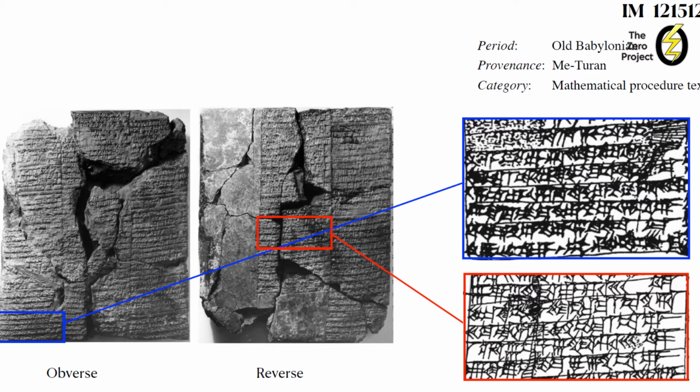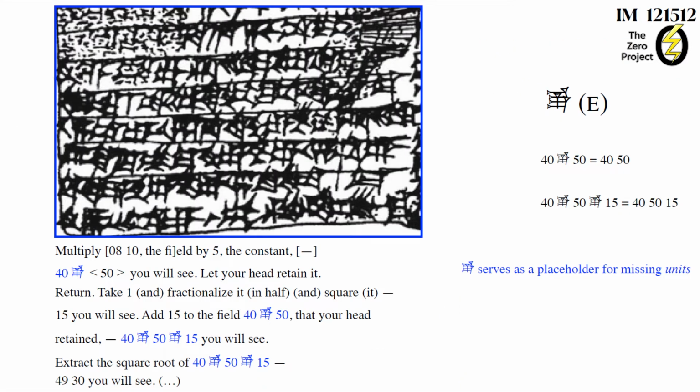Gan is not the only sign you can use at the same time, but from a different part of Mesopotamia, from the area north of Mesopotamia proper in the Diyala River region, from the city of Meitoran. You have a mathematical procedure text, equally Old Babylonian, in which you have another sign, A, which occurs in numbers in the writing of the problem,